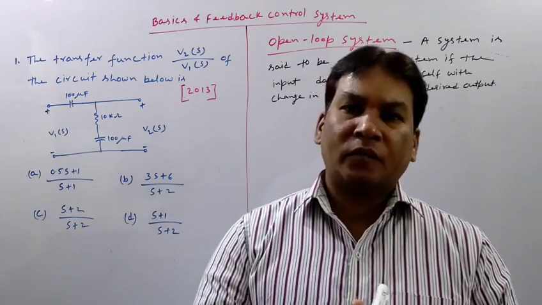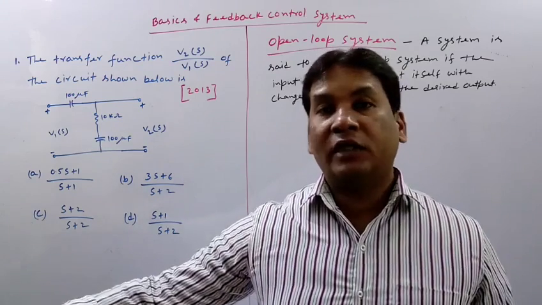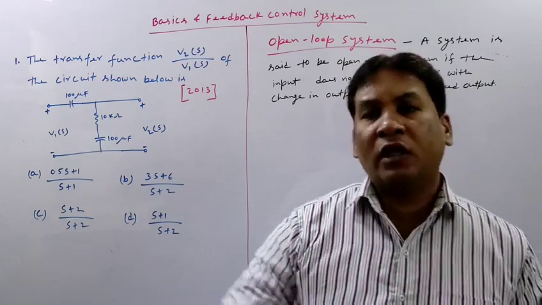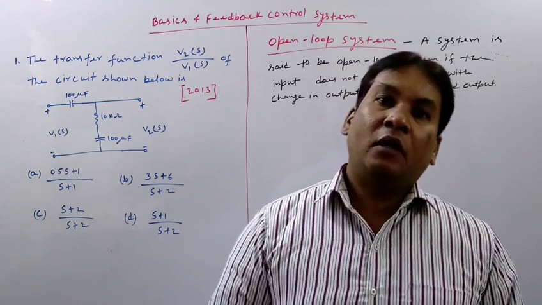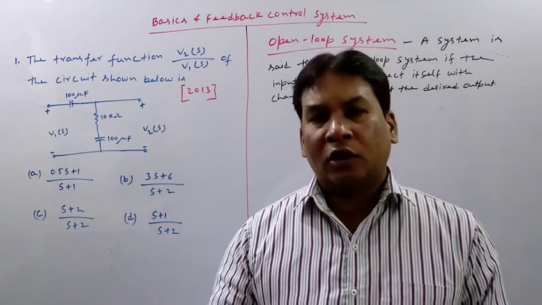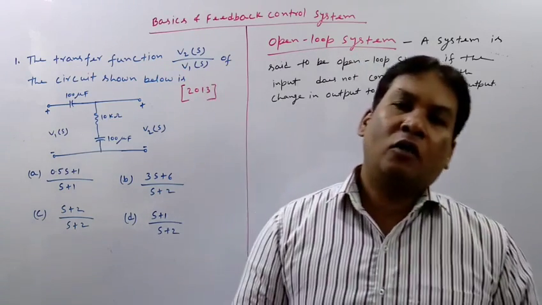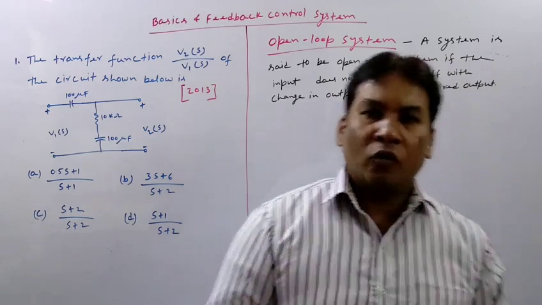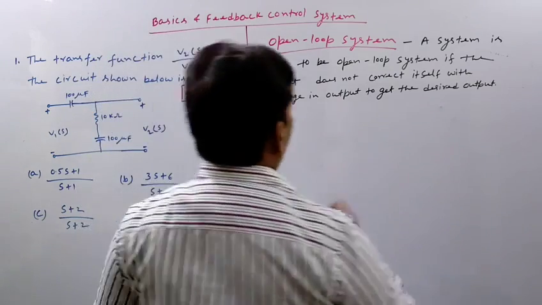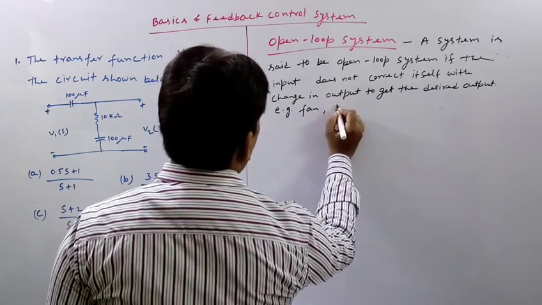What is the output here? Here the queue is the output. Suppose the queue is long in some direction, then it is not giving more time to pass to handle that traffic, so that the traffic in that direction could be eased. So these are the examples of an open loop system. So what are the examples? Examples are fan and traffic light.